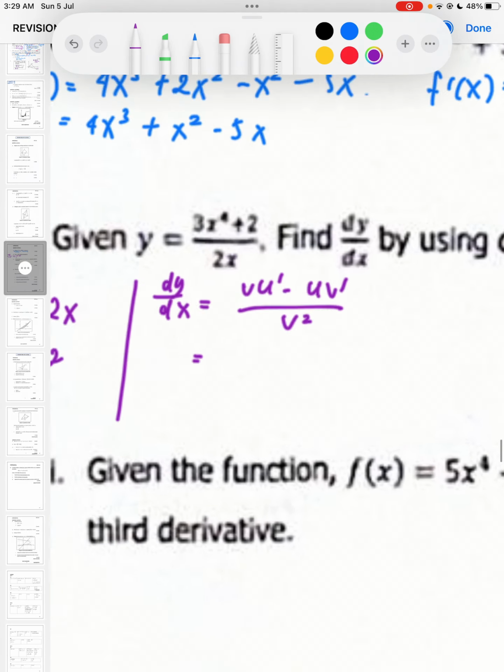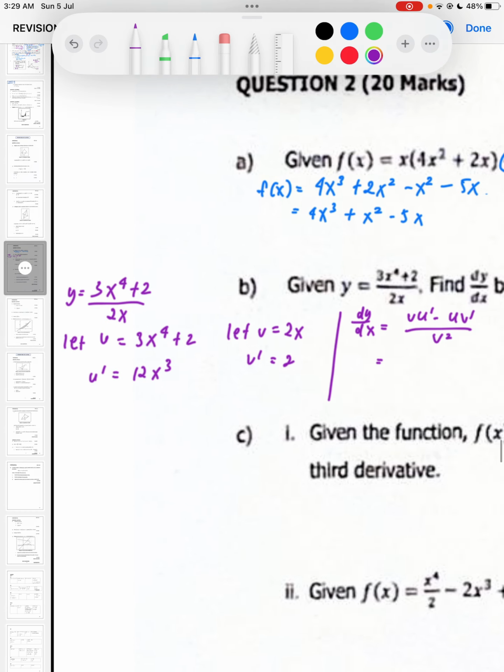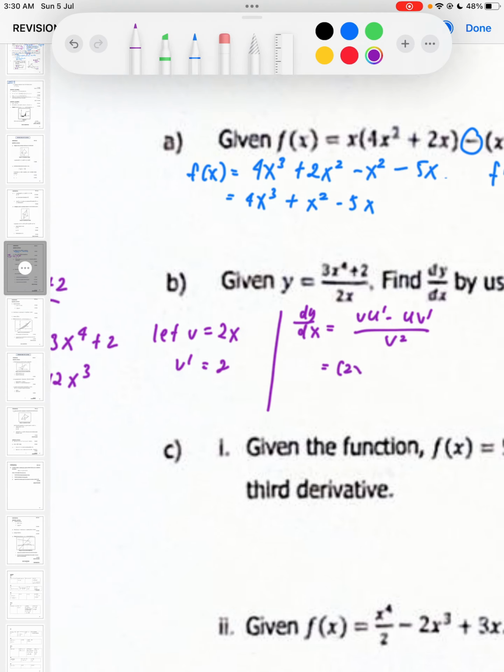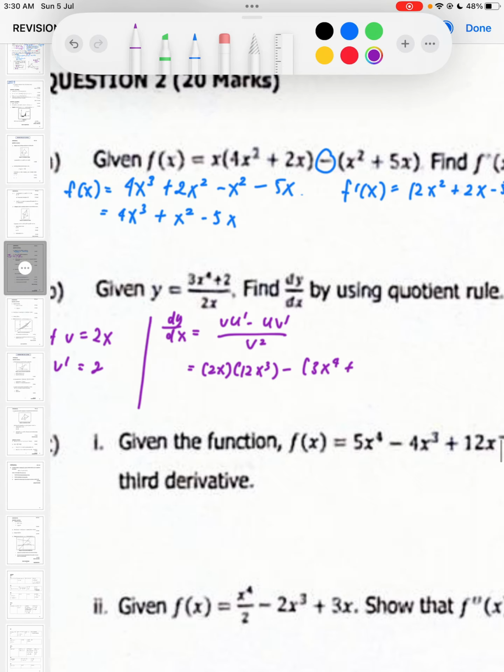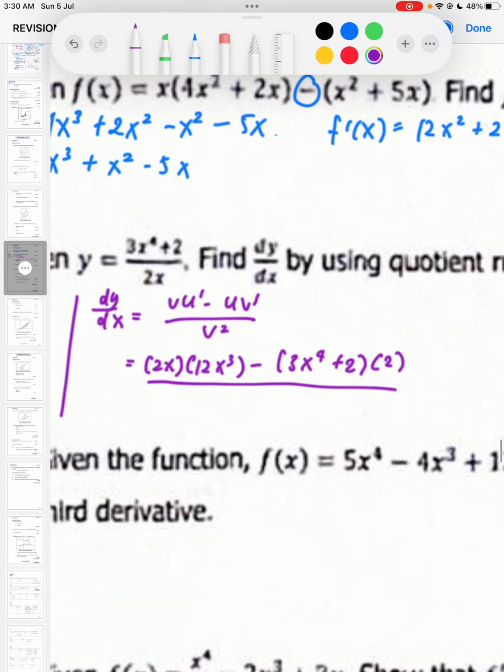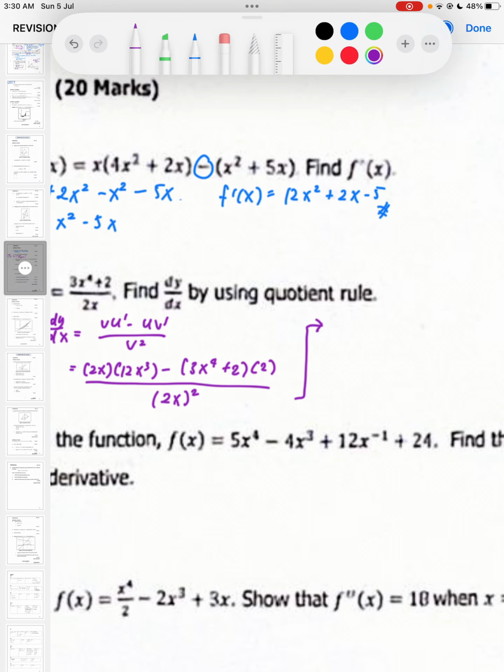Okay, so let's just multiply all of that. v is 2x, and then u prime is 12x cubed, minus 3x to the power of 4 plus 2, and then we have 2, and then we need v squared. v squared would be (2x) squared. So I'll just continue here. Okay, so that is going to be 24x to the power of 4 minus (6x to the power of 4 plus 4) over